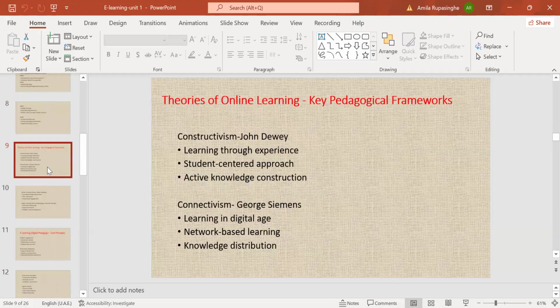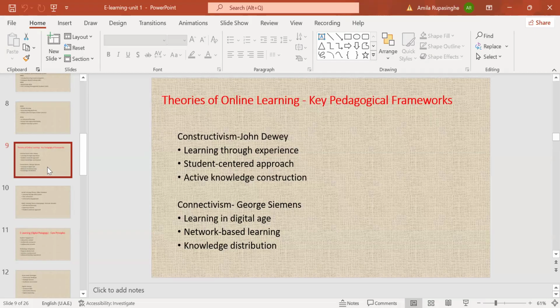Then we use some theories in online learning. These theories we don't use only in e-learning, even in normal usual learning processes. Basically in education, we use these theories. Especially when it comes to e-learning, it's good to use theories that are applicable to e-learning, right?